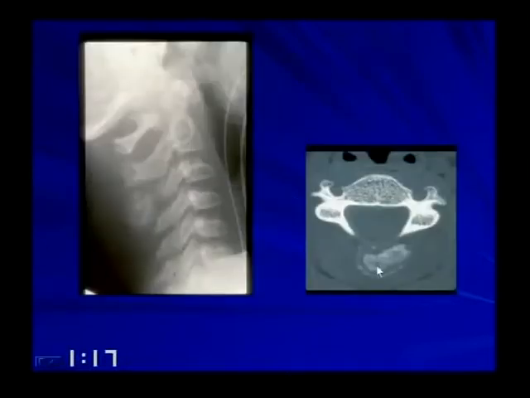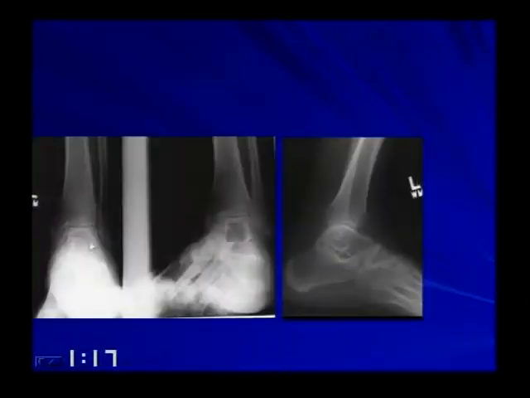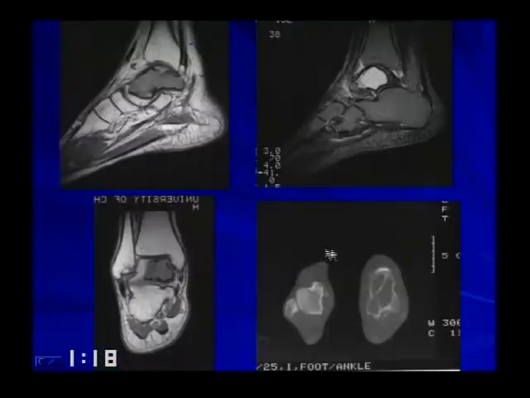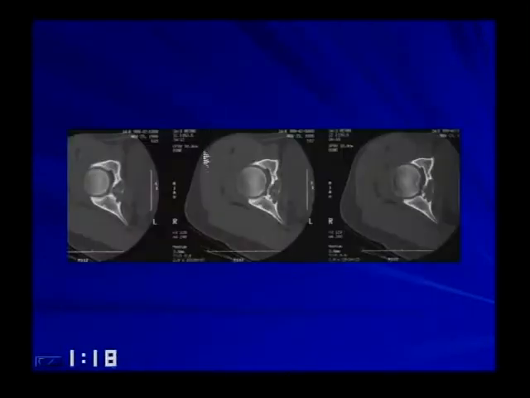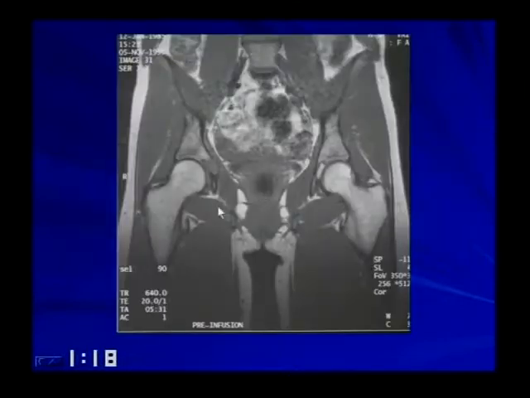Here's a patient with an osteoblastoma that's back here. This was an unusual one in the talus. You can see this lesion with a nice sharp margin, a geographic lesion in the talus. Here's a CT and T1, T2, and this was an osteoblastoma. Here's a patient that has pain in the hip. You really can't see anything on the plain film, but you do the CT, and here's the osteoblastoma. And sometimes, like I said, they have multiple little calcifications in them rather than just a single calcified nidus. This was the MR on that same patient.